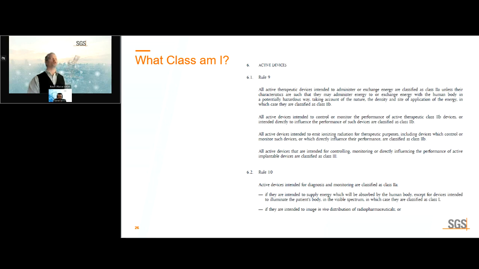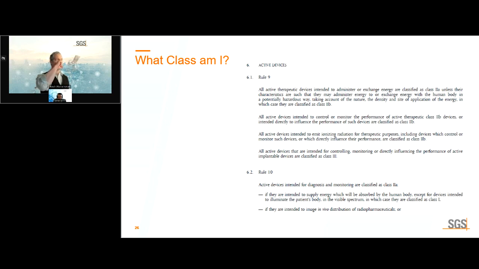So everyone's used to looking at these. I want to give you some insight into how a notified body looks at this. So if we see someone say, I'm Rule 9, Class 2B, that doesn't tell me that you know why. Because if you start looking at this, you'll see there's more than one way inside of Rule 9 to be Class 2B. Now, you're software only. And people might be thinking, well, I can't be Rule 9 or Rule 10. I'm software. That's what Rule 11 is for. But multiple rules can apply to one device. So it's important to read them through.